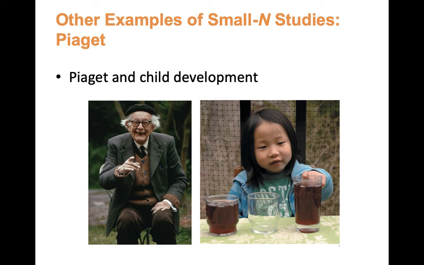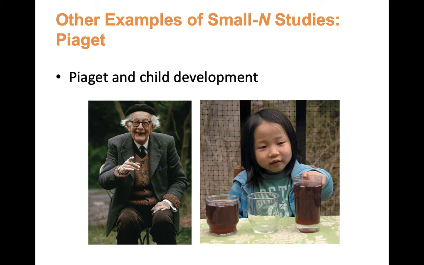Okay, just some other examples of small n studies using some fairly well-known and famous research and theories from psychology. So the first of these is Piaget and his theory of cognitive development in children. For those of you that don't know, I assume many do, having taken Psychology 100, Piaget was a developmental psychologist interested in the cognitive development of children. He developed a theory of cognitive development that is a stage theory that says that at different stages that correspond to certain ages, children